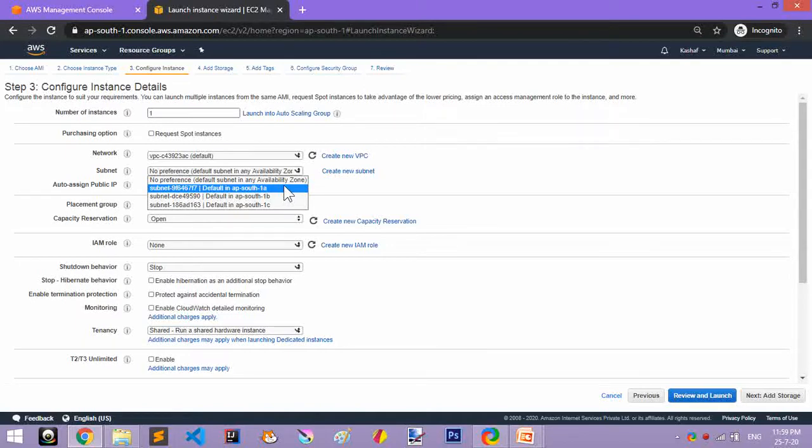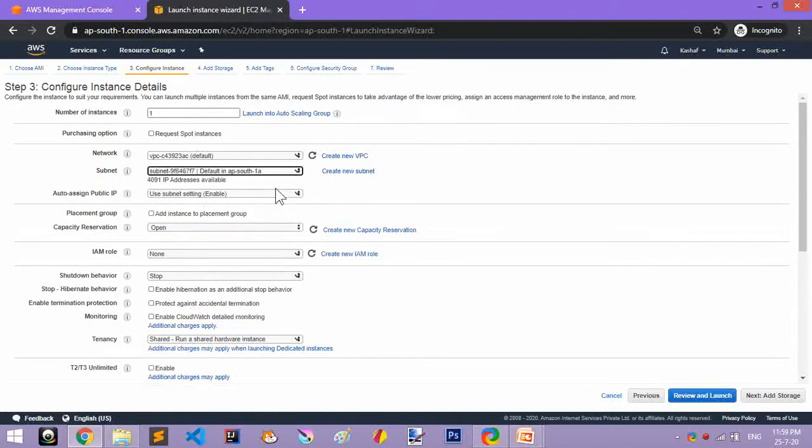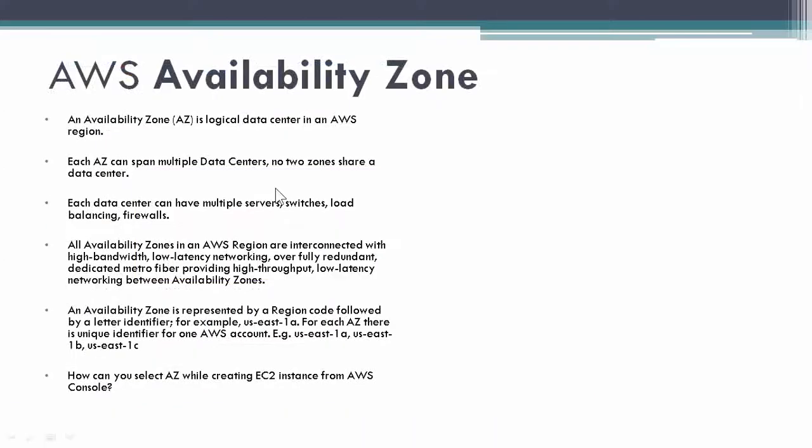In the Mumbai region there are three availability zones: A, B and C. So I can select any one from ap-south-1a, ap-south-1b, ap-south-1c. I can select any specific AZ from here while creating my EC2 instance. Okay, now moving back to the slide.